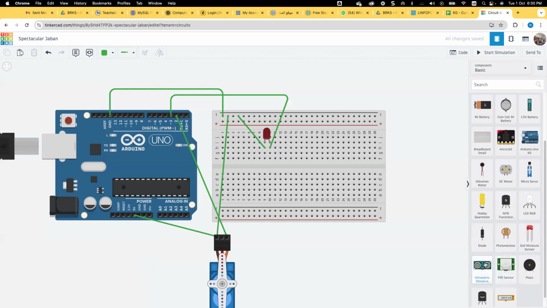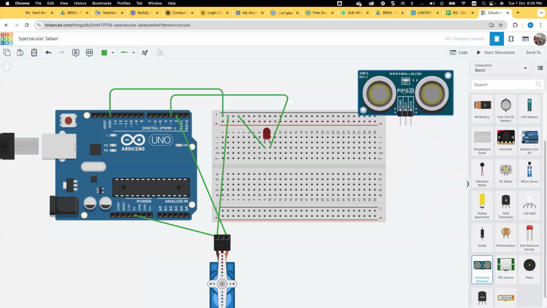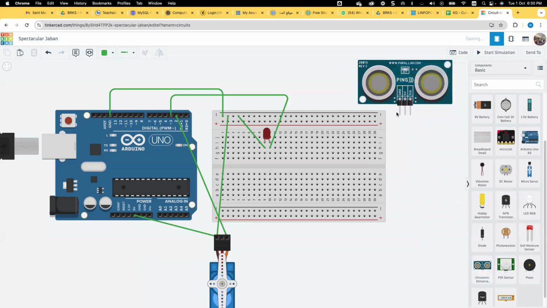Okay. If I move to the ultrasonic sensor, notice with me that you have ground, power and signal. On each of the tools that you are using, if you see 5 volt or 3.5 or power, it means you need to connect it to the power, which is here, 5 volt or 3.5.